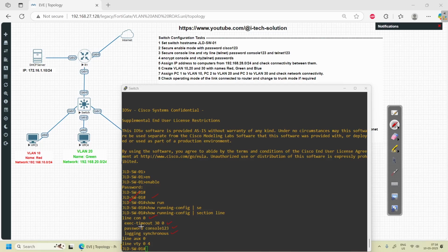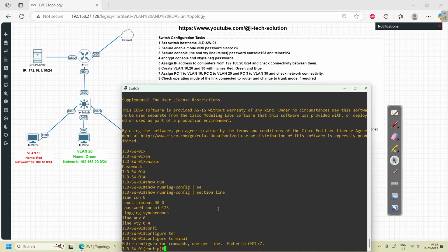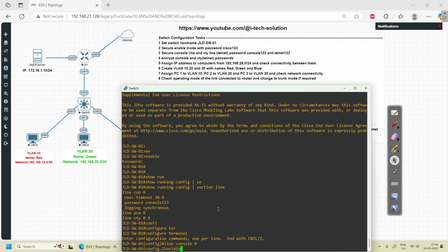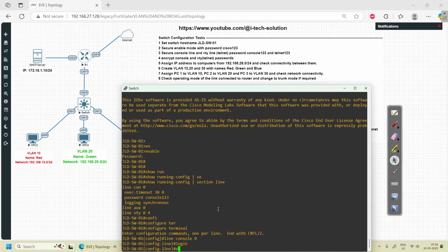But the one command that is missing here is the login. Okay, the login command is missing here. Without that command, it will not ask you for the password when you log into the console. So we will go back to our global configuration mode, config terminal, line console 0,